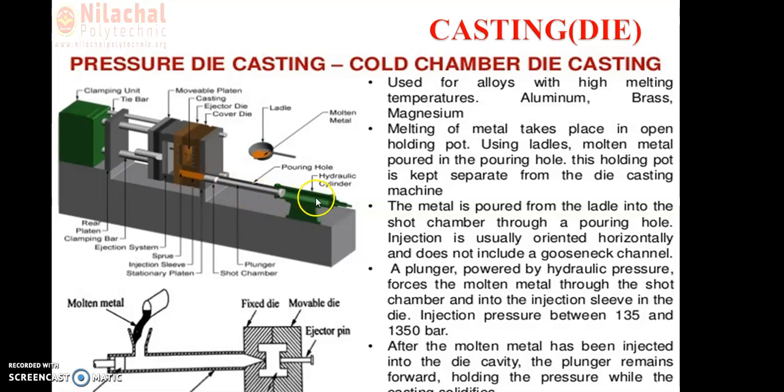And that plunger is moving. Here is the plunger, you can see in the schematic diagram. The plunger moves in this direction, where the molten metal is poured into this chamber, and the plunger moves to force the molten metal inside the mold. Strong, high-grade, heat-resistant alloy steels are used for making the working parts of this machine as well as the dies.